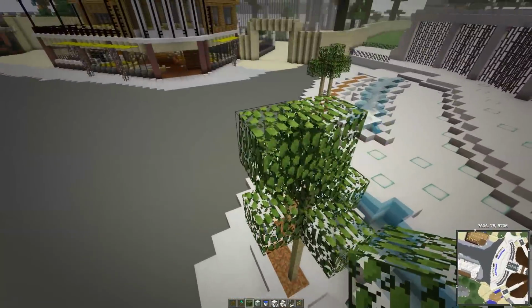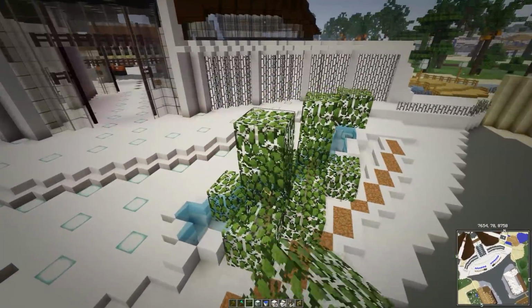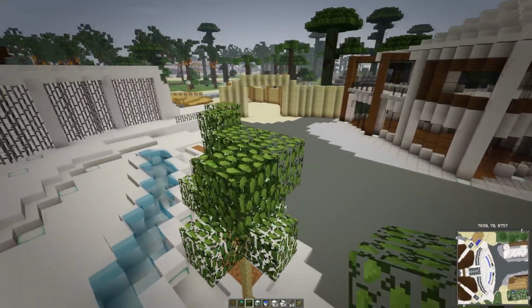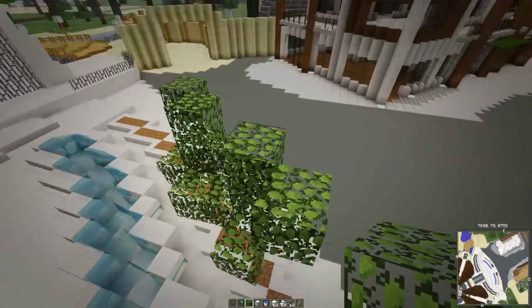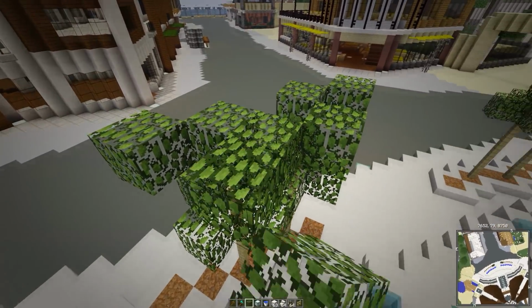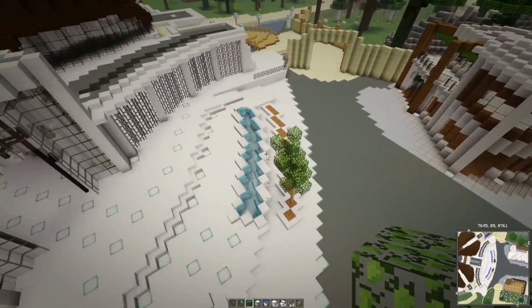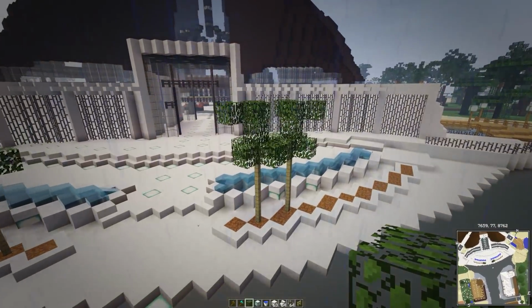Let me just do this. Get rid of that, and then get rid of that. We can make the leaves stick out a bit. So that gives it a bit more body. In fact, what I might do is just...